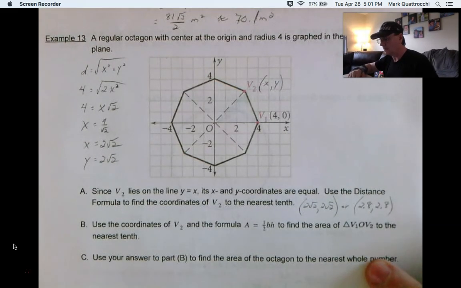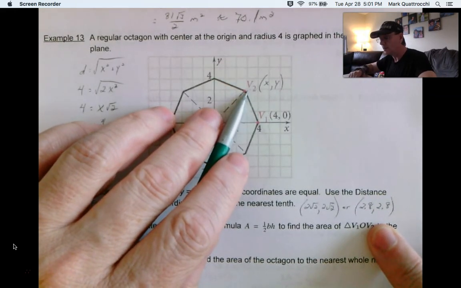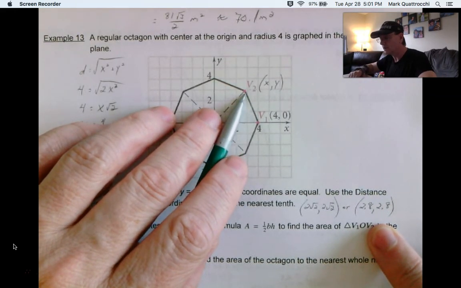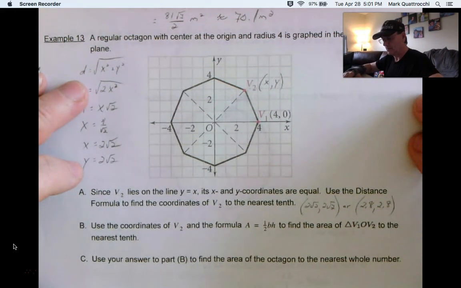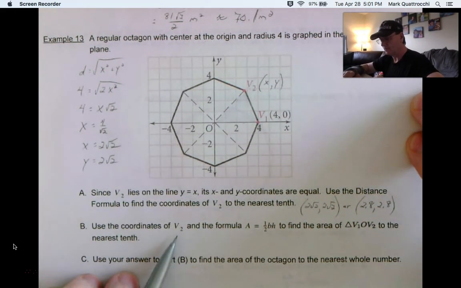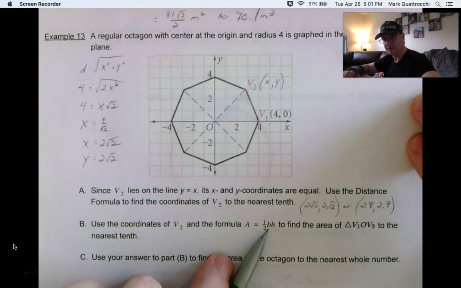Okay, which makes sense because originally we said it was really close to 3, 3. It's a little short of 3, 3. So 2.8, 2.8. All right, we're going to use the coordinates of V2 and the formula, 1/2 base times height,